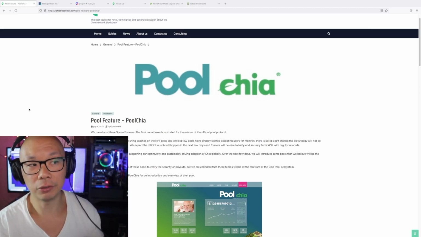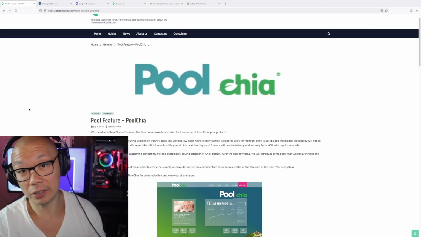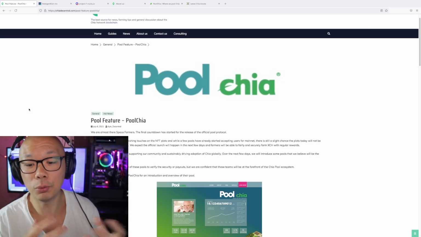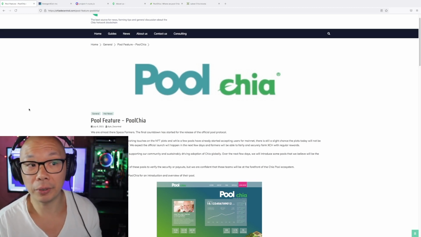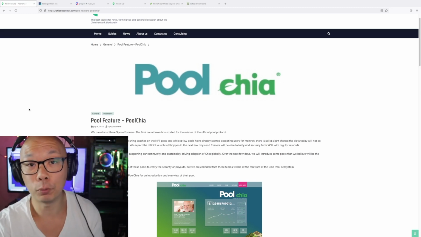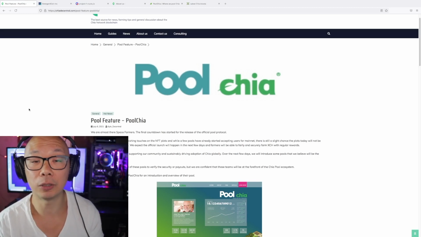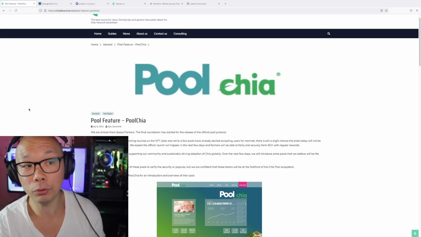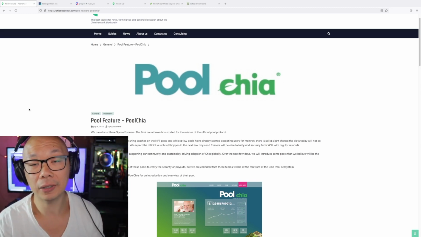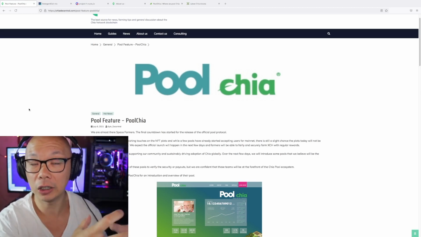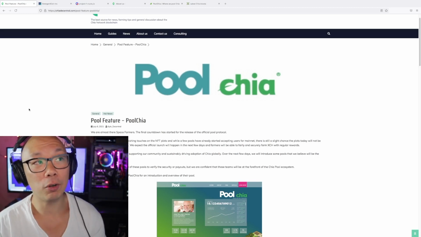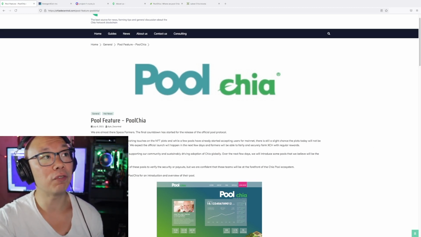I could be wrong on some of the stuff, but this is what I've gathered from reading into some of the pool operational stuff, and I'm not saying I understand the entirety of it. A lot of these pools are in competition with each other because they want to favor the end user, which is us, to join their pools, and they're giving us incentives, because the more incentives and the more people they have in their pools, the more they will be making in return. If that pool hits a block, that pool operator gets a good chunk of the XCHs. So obviously there is a value to that. I just wanted to mention all that, and I hope you found this information useful.